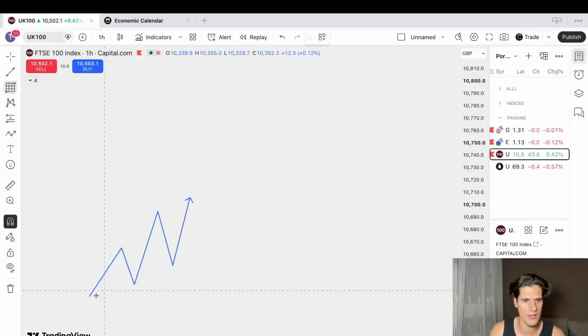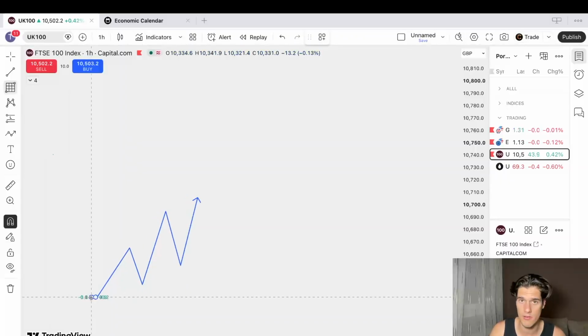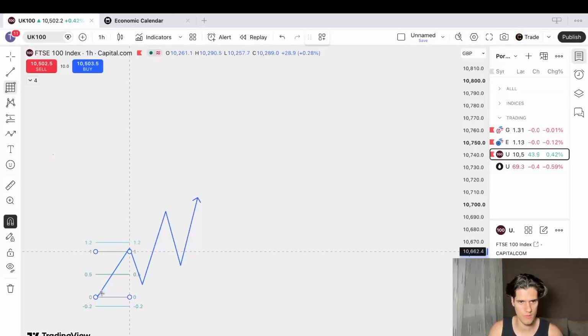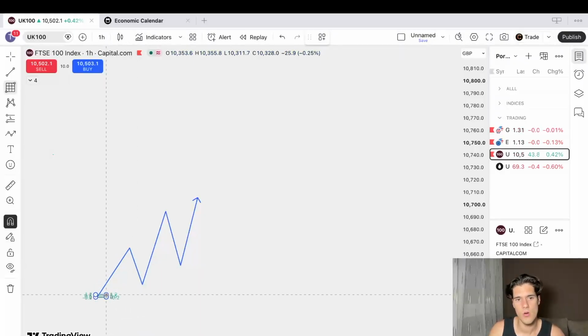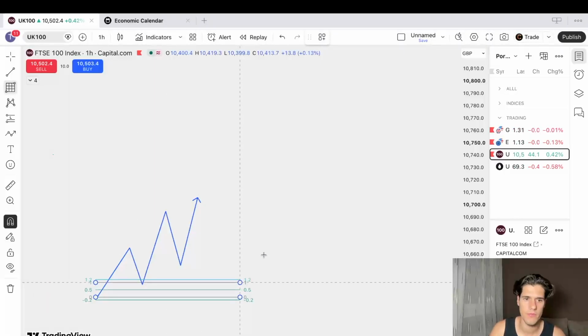Here is our equilibrium zone. So we're gonna check. This is the low. This is the beginning of this move here, where you can see. So we're gonna pull the equilibrium zone from the bottom to the top,